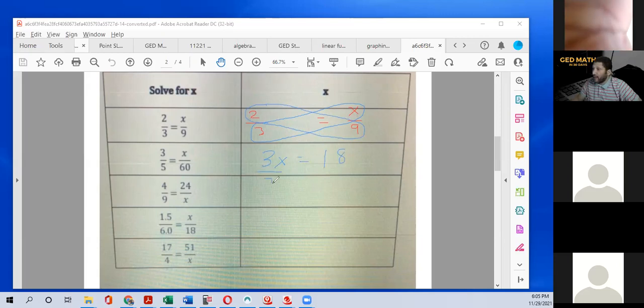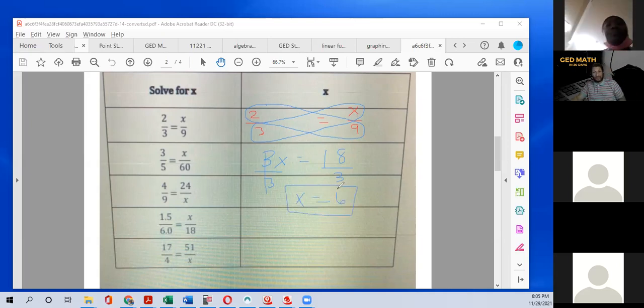Divide both sides by what? 3. And we get x is equal to 6. So we still got the same answer. Okay. Now, what I want to show you though, if you get a scale problem, if you get a proportion